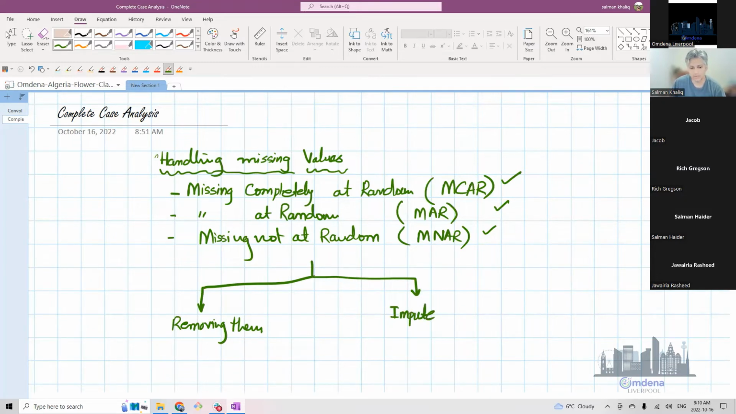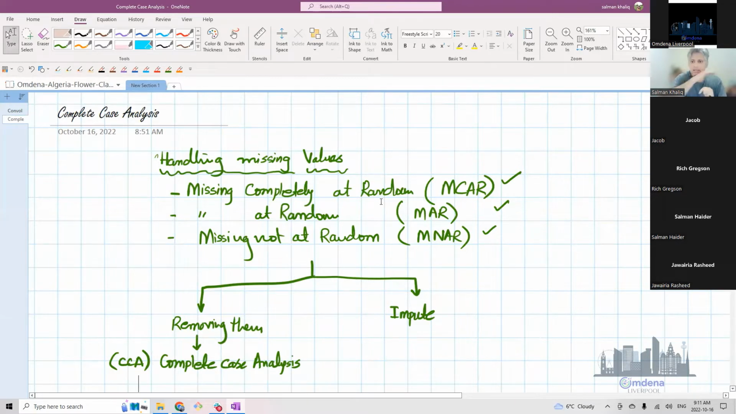When we talk about removing them, the other name that we give it is complete case analysis. This is the name we give when we are removing the values. What is complete case analysis, in short CCA? You would be seeing this in statistics books or things like that. So what is complete case analysis? Complete case analysis means you have to remove the complete row